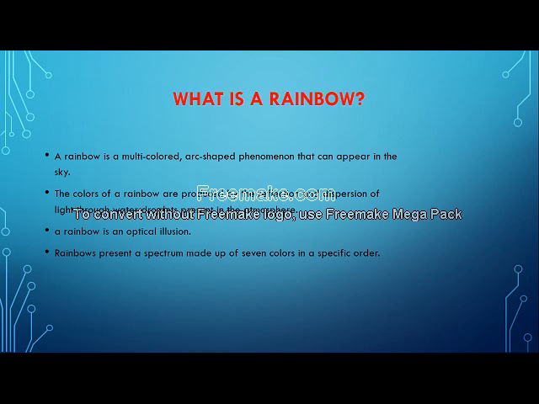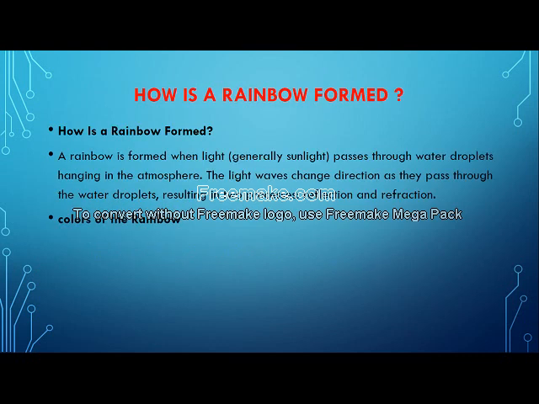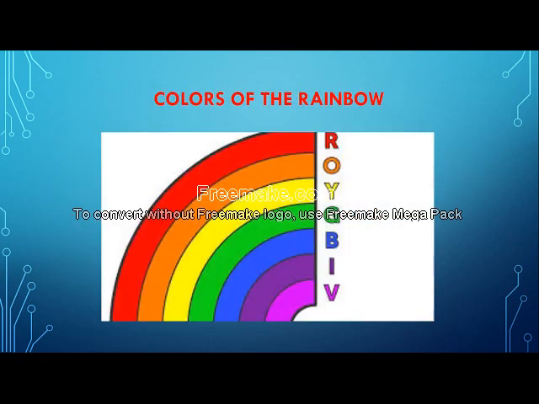A rainbow is made up of 7 colors in a specific order. How is the rainbow formed? Just now I told you, when the sunlight passes through the water droplets, the light keeps on changing its direction due to the optical density. You remember refractive index. Okay, and two processes take place, children: reflection and refraction, and this is how this beautiful rainbow is formed. Now children, in a rainbow there are 7 colors.